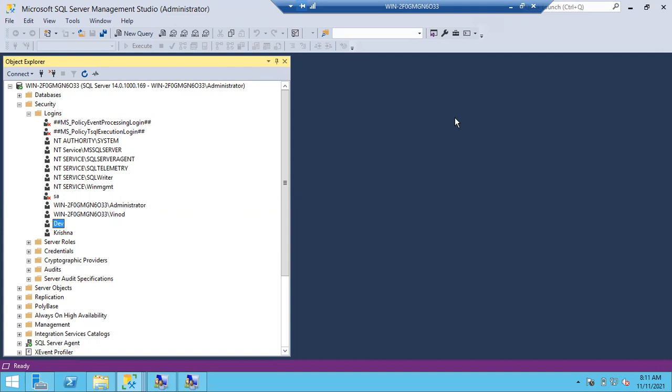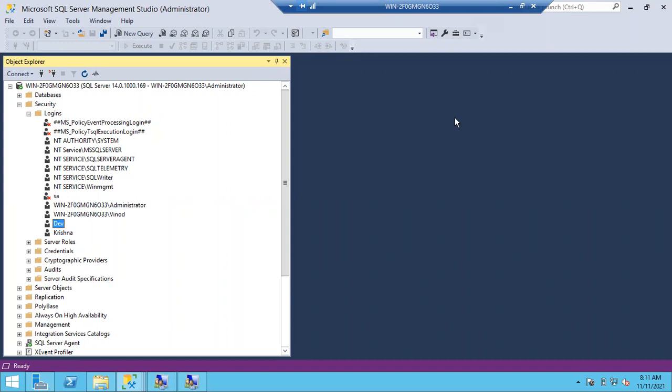Of course, these 10 members have to access SQL Server, right? How many SQL servers are there in your organization? All the SQL DBAs have to access all the SQL servers, right? If anyone wants to connect to SQL Server, an account should be created for them. If 10 people want to connect, 10 accounts should be there in the SQL Server, right? So what we will do, instead of 10 accounts, we'll create a group account.